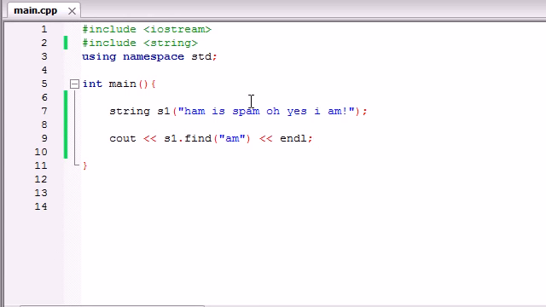Well, there's another function for that, and that's called rfind. This stands for reverse find. You know how whenever you're finding a substring such as "am" in a bigger string, it's going to start at the beginning and work left to right. Well, what reverse find does is it works right to left, and it's going to look for "am". So it's basically going to give you the last occurrence of "am", which let's print this out,